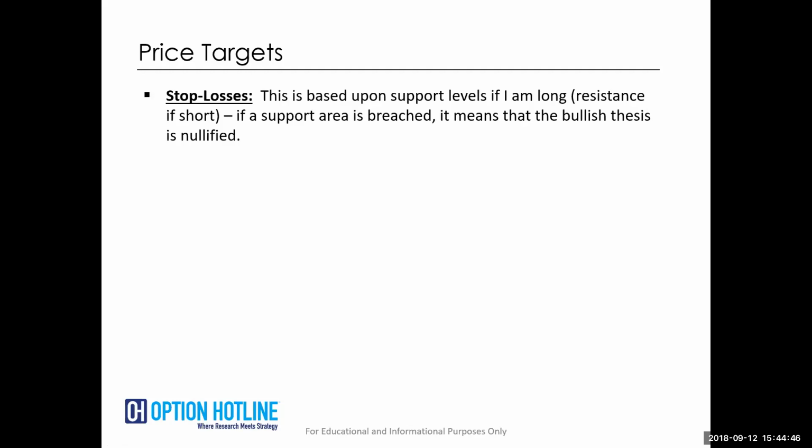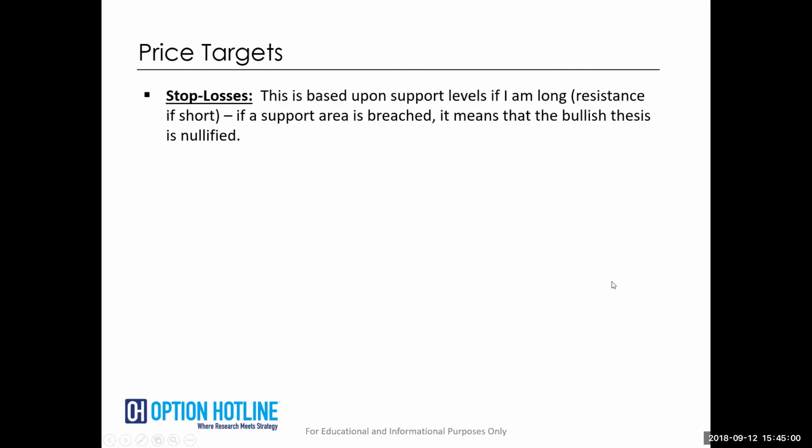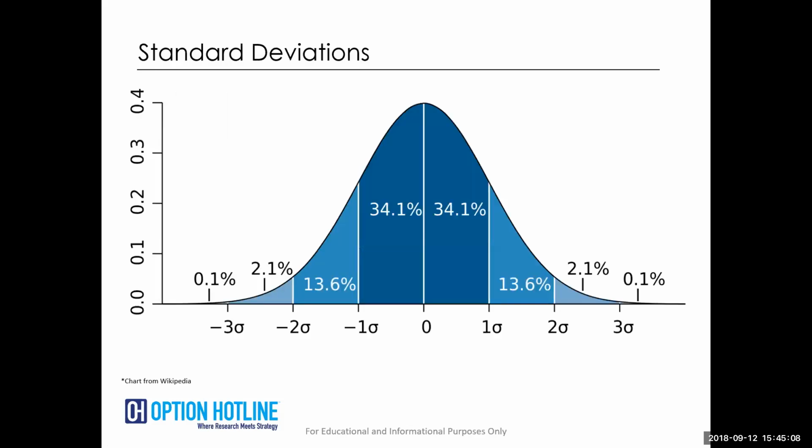Now, on the profit side, it's a little tougher, because when we're looking at this setup again, there's no obvious stopping point on a breakout to the upside. There's no obvious stopping point on a falling knife. So how do I set that level? Well, this is where I bring in that mathematics background and that statistical background, and I start looking at standard deviations. So for those of you that are unfamiliar with what we're looking at here, this is a normal distribution.